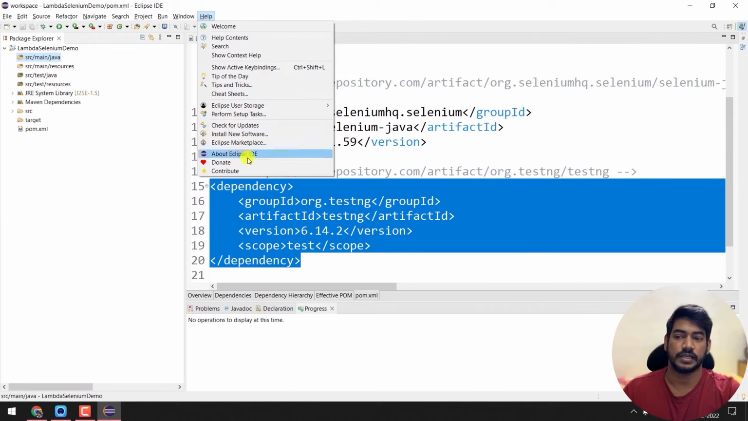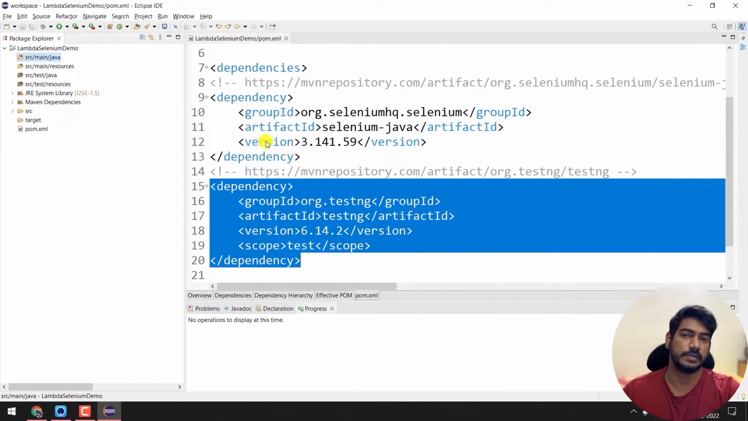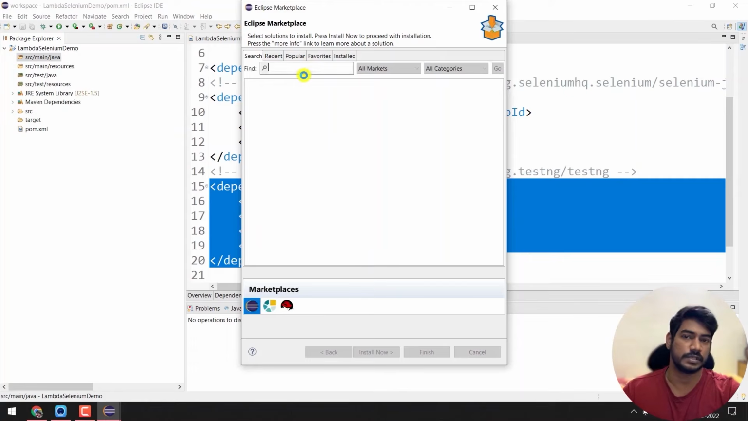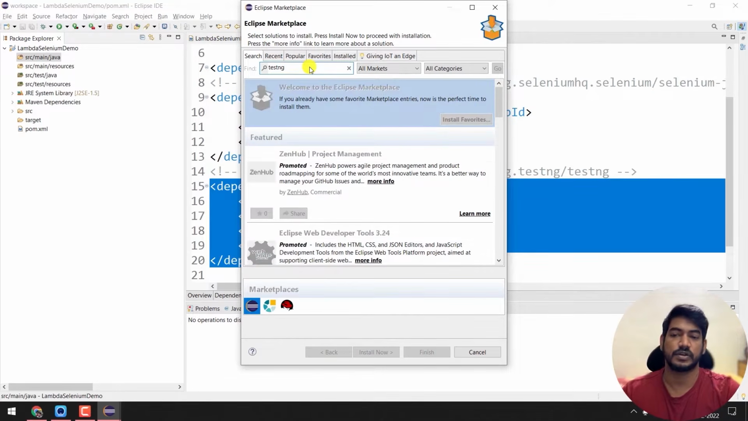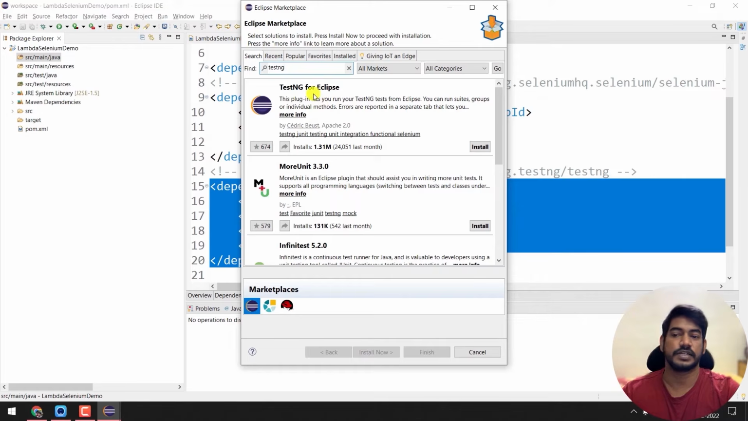So go to Help and click on this Eclipse Marketplace. There are multiple ways to do this. I'm going to follow the easiest one, and here we have to type testng and press enter, and here you can select TestNG for Eclipse. So we need this plugin. Okay, now let's click on this install,